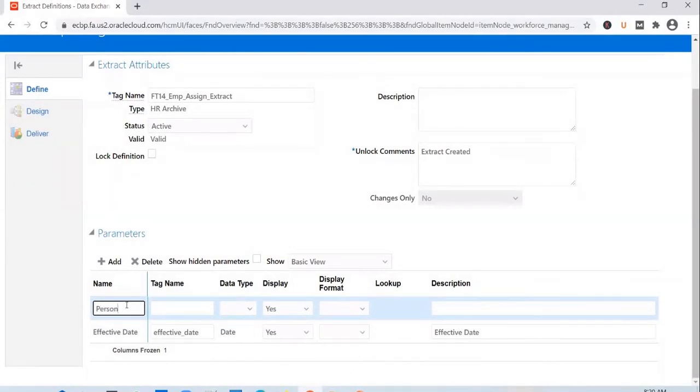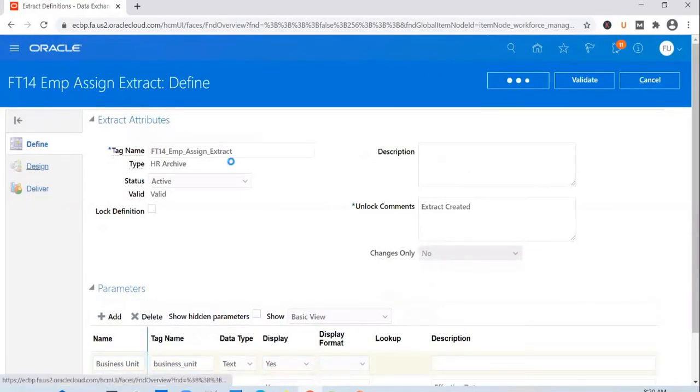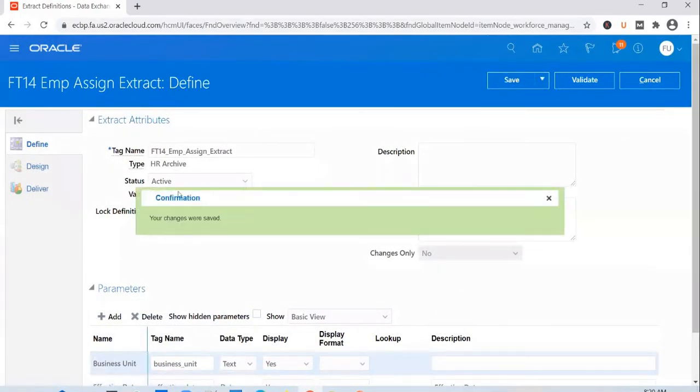For example, we normally don't do it by person number or things like that, but you can probably do it by a business unit or something like that. So you can say a business unit. Select the data type. Save it. And you go to design.